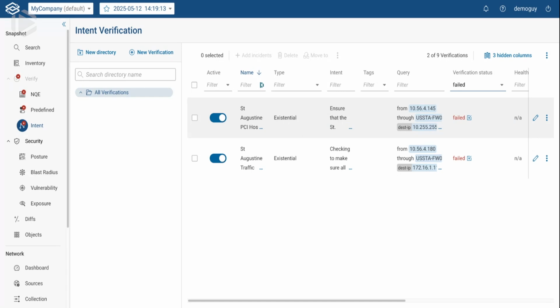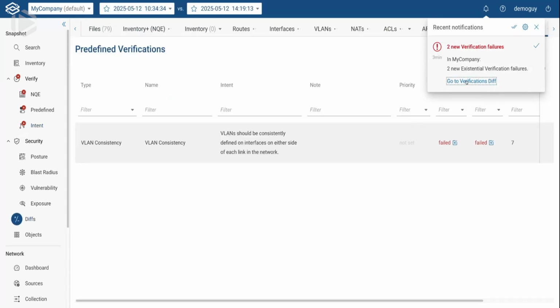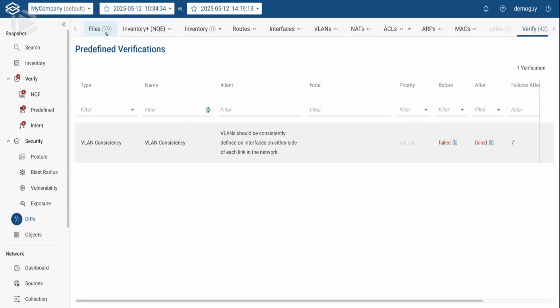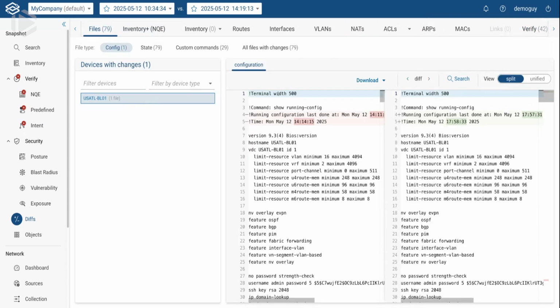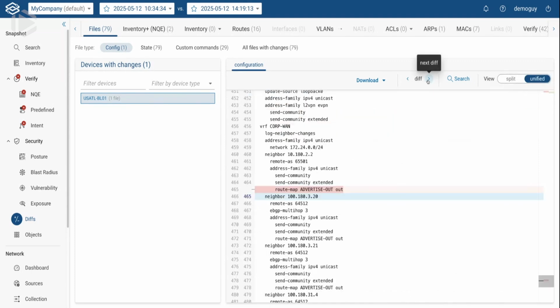So now to look at the diff between the two of them, we can either click on failed here, or we can click on this view verifications diff. So we'll go to that. Let me move this window out of the way real quick. It's going to tell us one device changed. And if we unify it and go to where the actual change is, exactly what you saw me do,